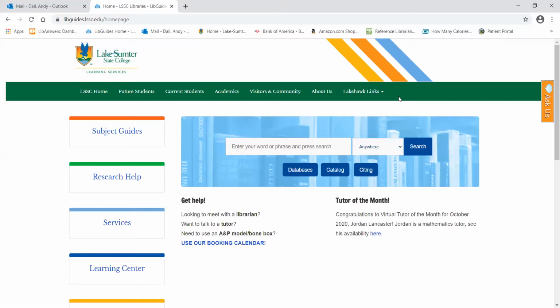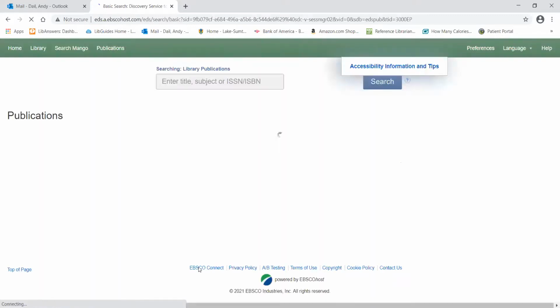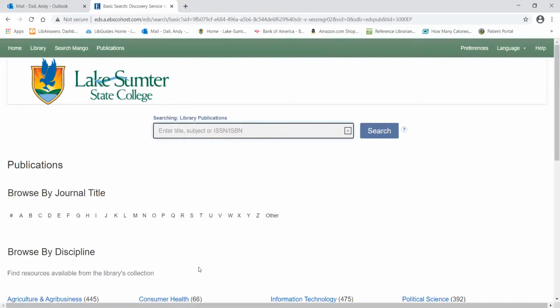Now, if we're going to take a look at certain things as far as, say, research help with this. If I click on the research help here, working with nursing students, the biggest thing we started doing, a lot of it now, is evidence-based nursing and how they're practicing and how they can take these assignments and place them into this. And if we're looking for certain assignments here for a publication finder right here, we take a look and you can see a screen that looks pretty much normal as our other databases, but I'm going to go ahead and